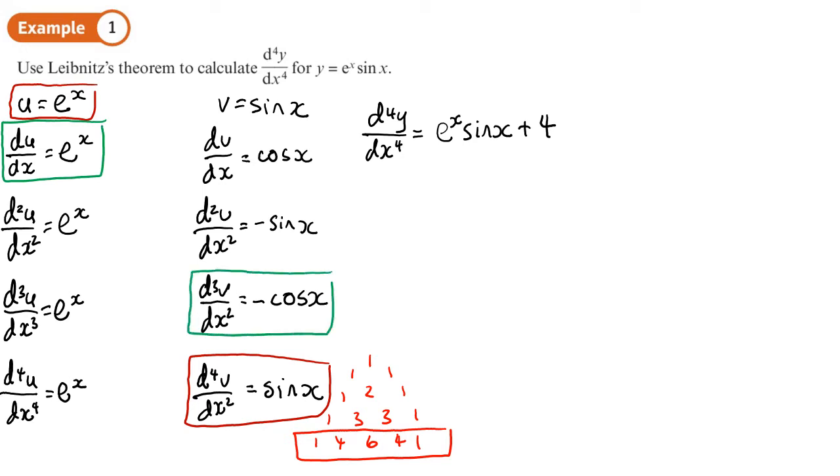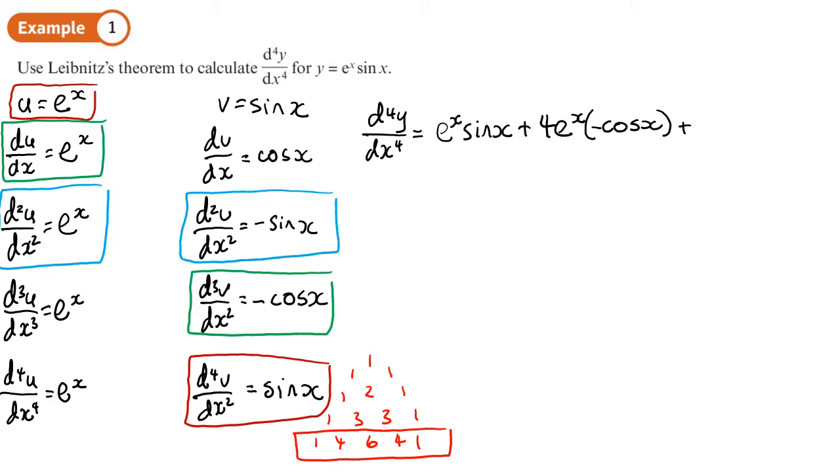So that'll be 4 lots of, actually it's a minus, so I'll sort that in a moment, 4e to the x times minus cos x, plus, so we're now down to this one. So it's going to be 6 lots of these two multiplied together. So plus 6e to the x times minus sine x,